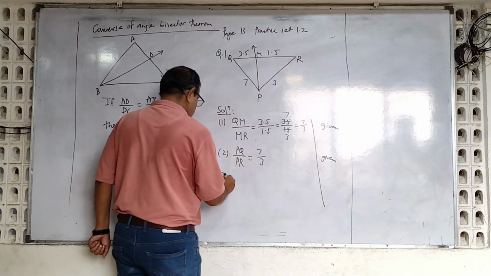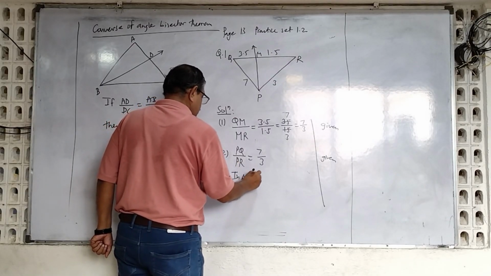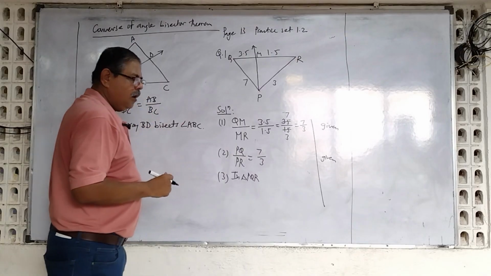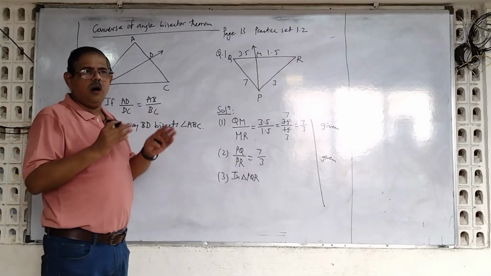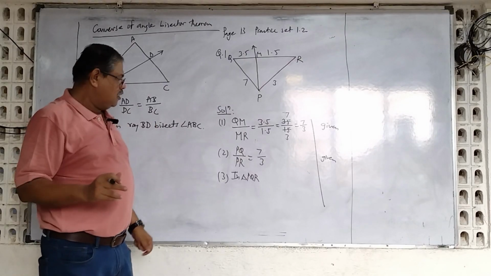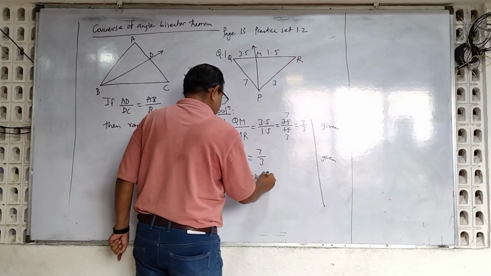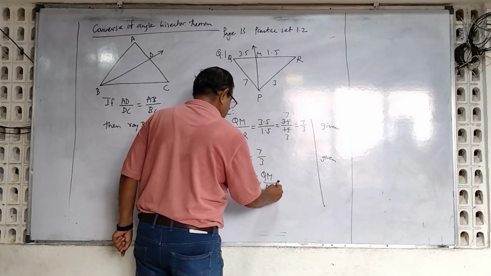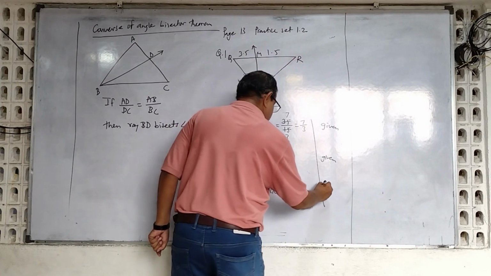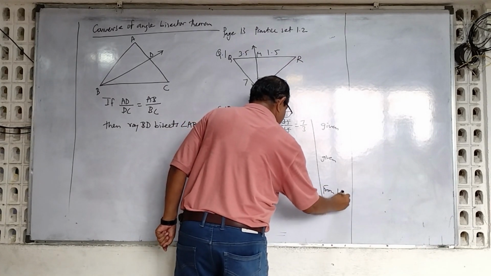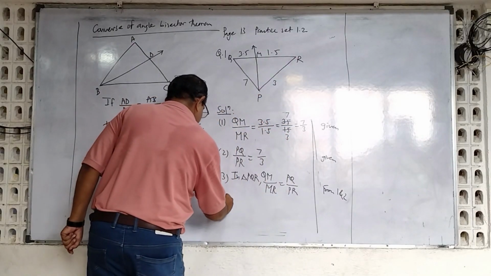And from 1 and 2, I understood in the triangle PQR. See students, what we learn? Basic proportionality theorem or converse of basic proportionality theorem, angle bisector theorem and its converse, all are applicable only in a triangle. So your answer must have this line. In triangle PQR, I get QM upon MR is equal to PQ upon PR from 1 and 2, and so I can say, therefore,